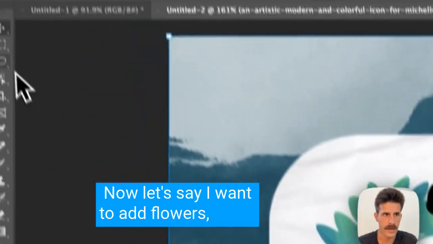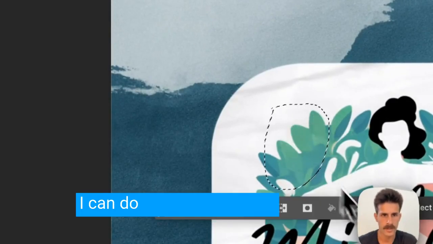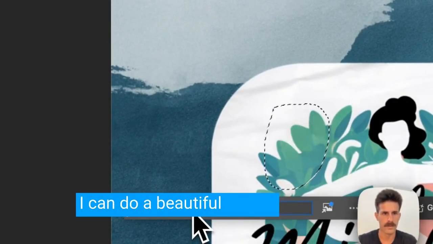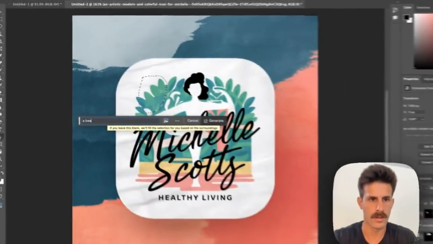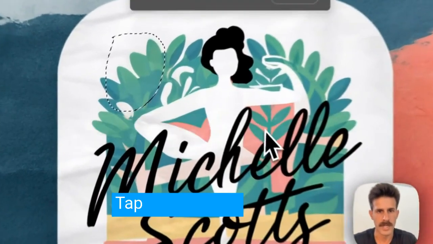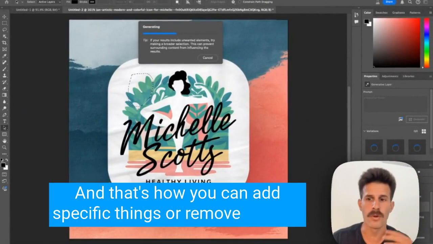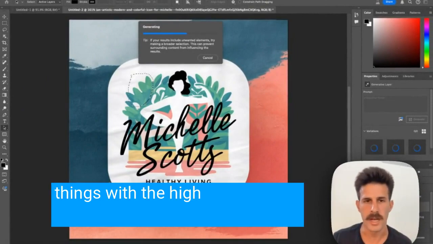Now let's say I want to add flowers, right? So maybe I want to add some cool stuff here. Do beautiful, beautiful flower, and tap on generate. And that's how you can add specific things or remove specific things with the high quality